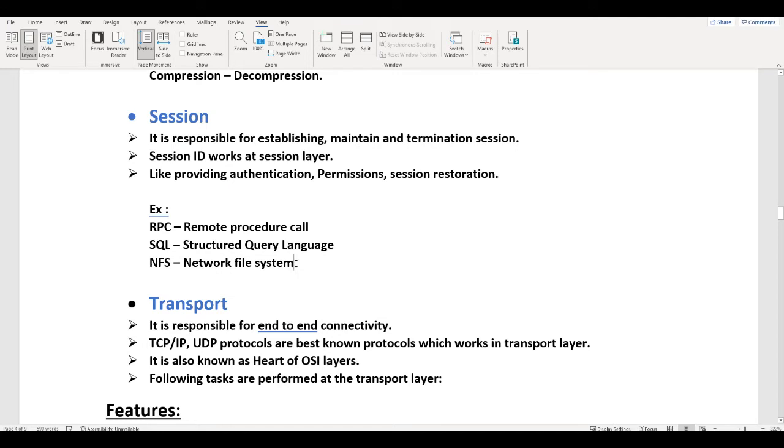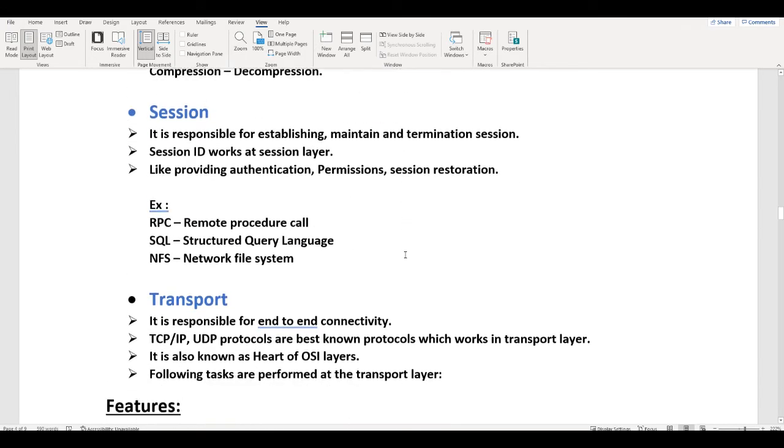When you access a shared folder, it works in NFS format, and when you're trying to run a database query, it will be in SQL. So these protocols, applications, or queries work in the session layer.